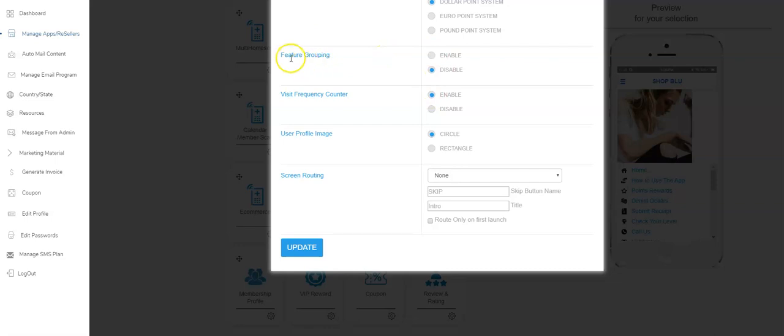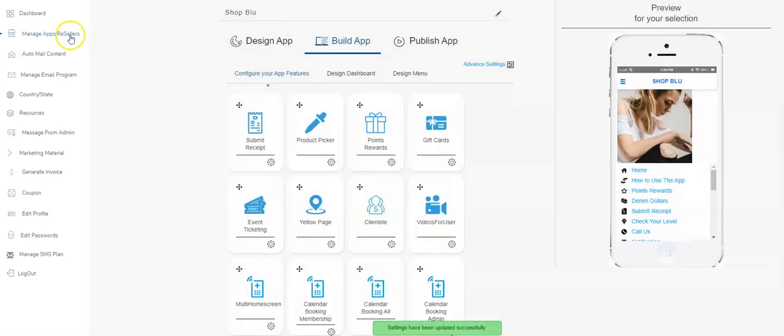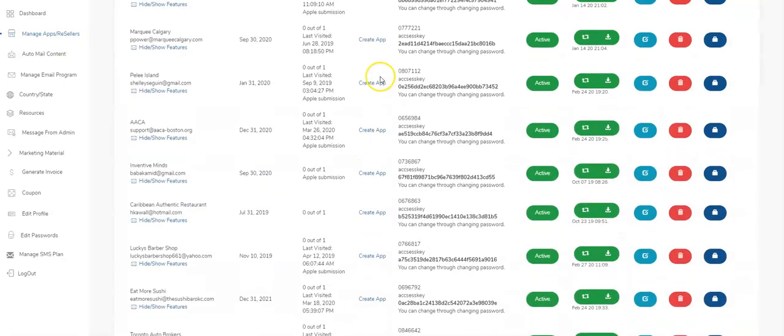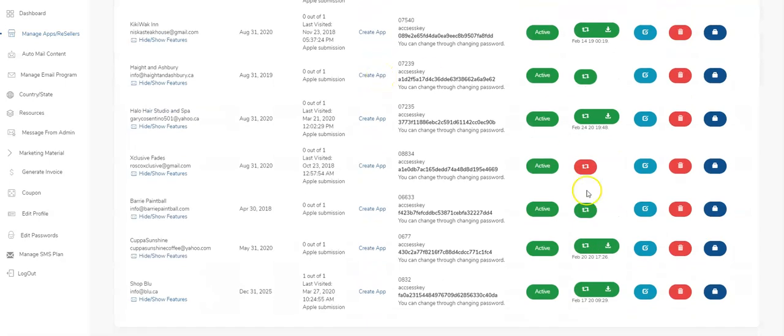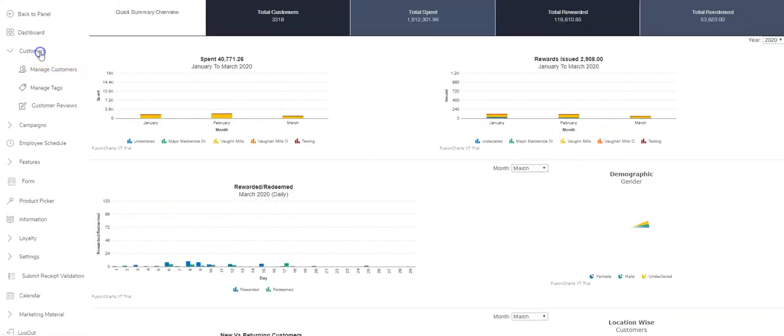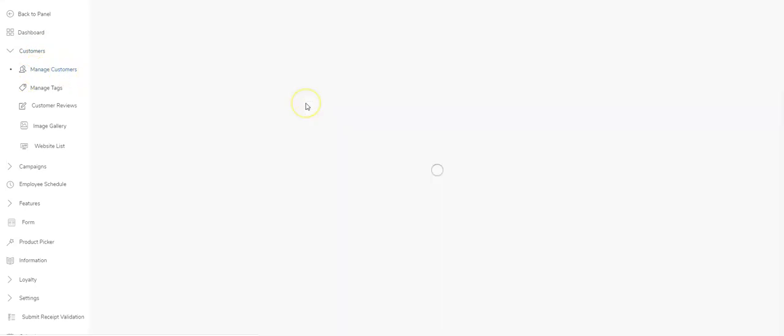Sorry, it's the feature grouping here. It's disabled. We need to enable it. So I'm going to enable it right now, hit the update button, then come back out to my dashboard and log into the app. Now what you'll see is when you've logged in, your customer list, click on Manage Customers, and over here you're going to see